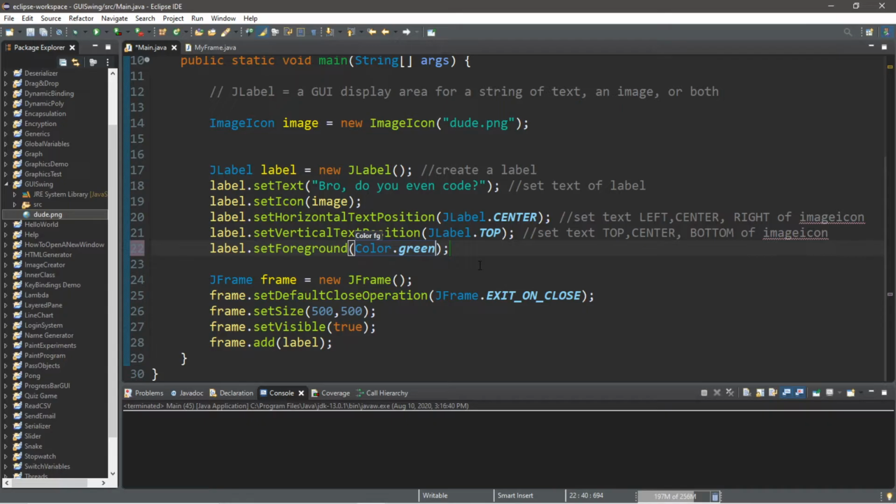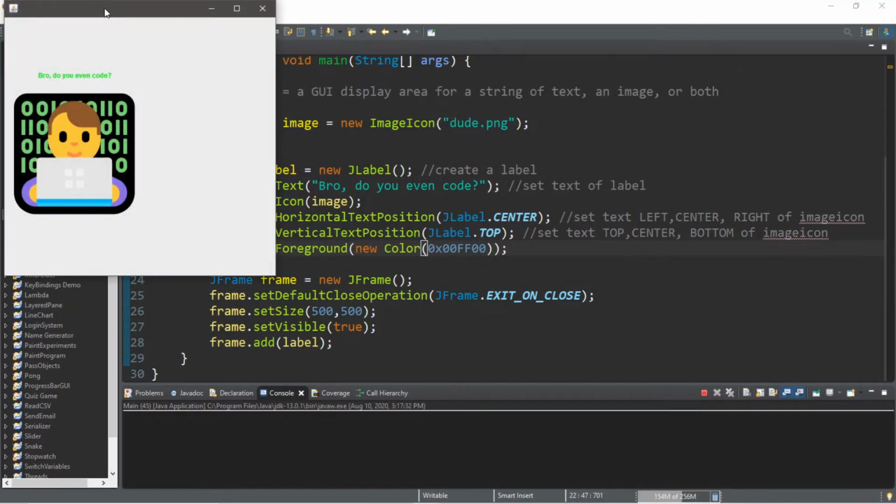Alternatively, if you want a more customized color, you can pass in a new Color, and you can set the RGB values, or you can set a hex value here. So if you're using hex color values, if you want green, that would be 0x00FF00. So now the font color of our text is now green.